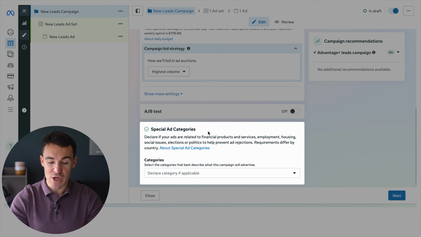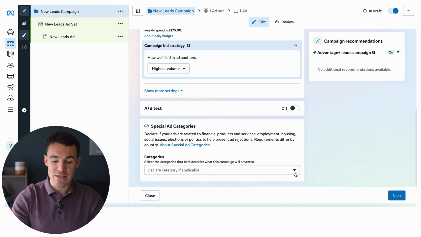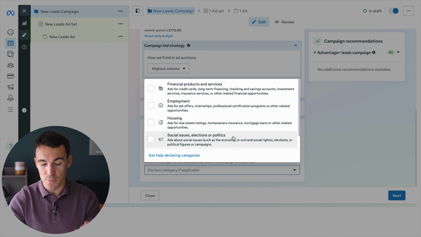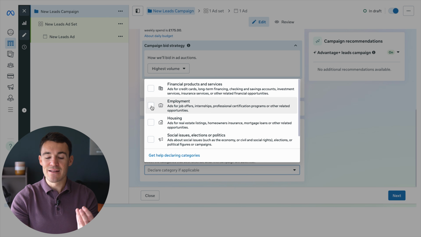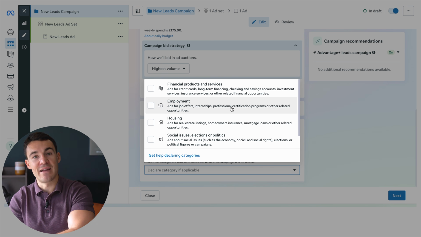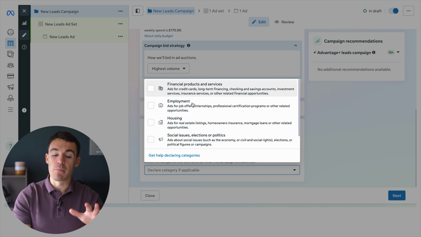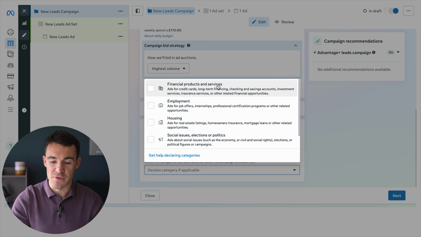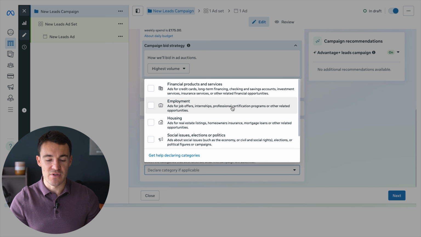We do need to talk about special ad categories though. So special ad categories, if your ads fall into any of these categories, right, they're related to financial products and services, employment, housing, social issues, election or politics, then you have to select that that's the case. When you do that, it is going to impact some of the options you have later on through the campaign creation process. So for example, for a lot of these, you're going to have limited targeting options and have to rely more on Meta to be able to work out who to put your ads in front of. It's a way of sort of protecting user privacy and things